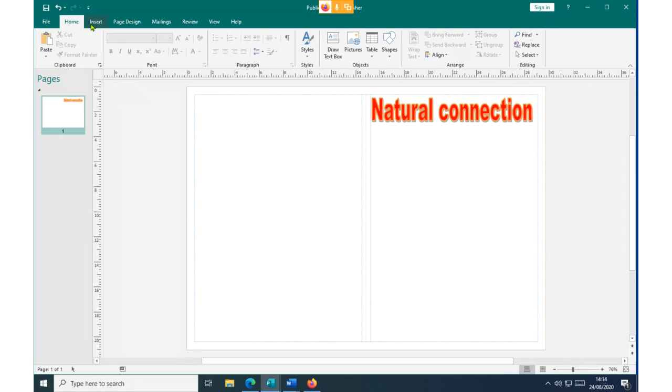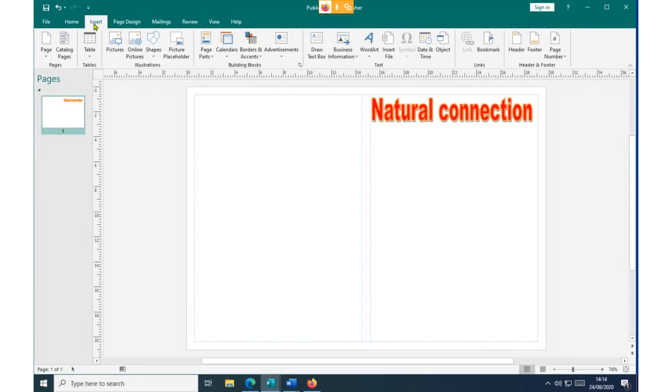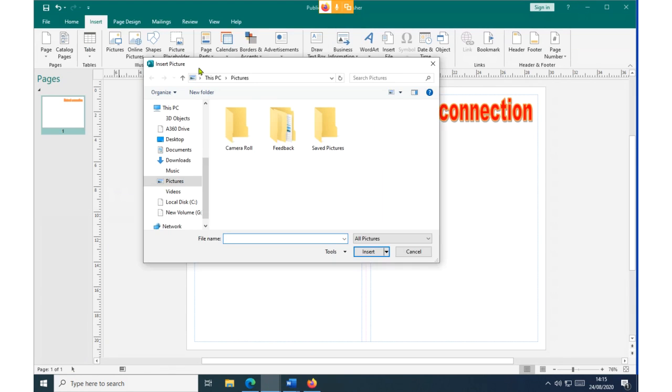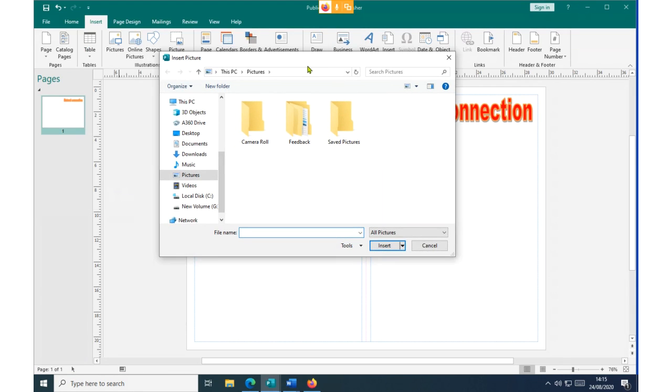To insert a picture, you click on the command insert, then you click on the command picture. Click on the insert command, and then click on the command picture. Once you click on this command, you'll get the insert picture dialog window.